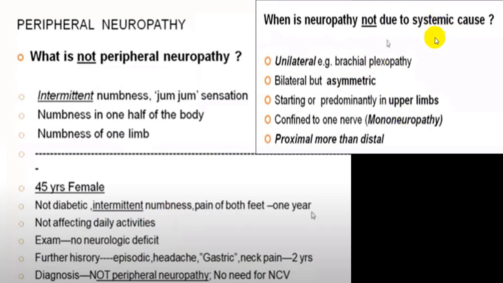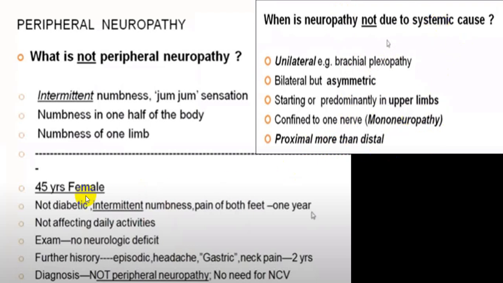Classical examples of systemic are diabetic and nutritional neuropathy. Proximal more than distal is always less likely to be due to systemic causes like diabetic nerve involvement and B12